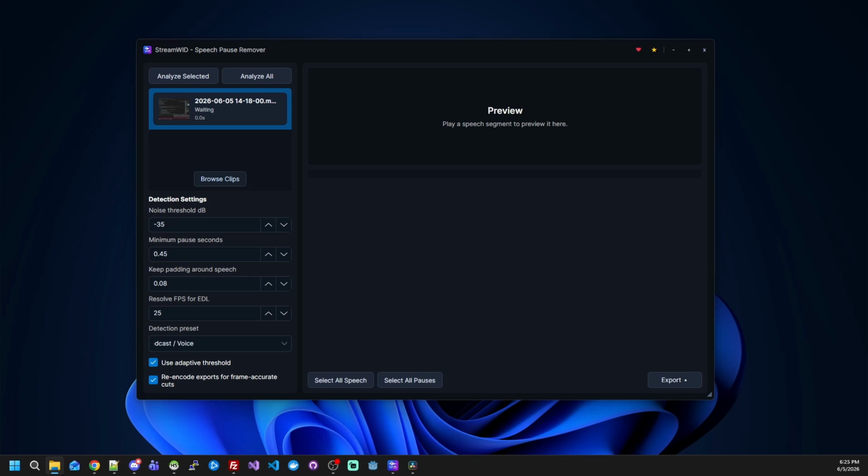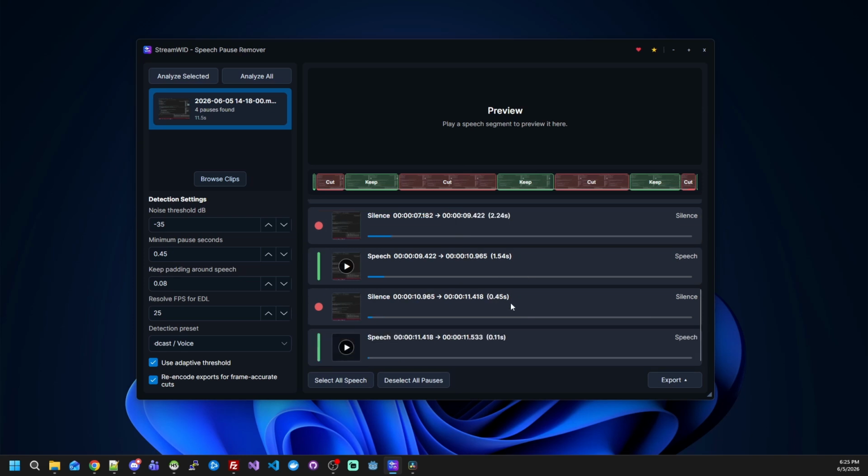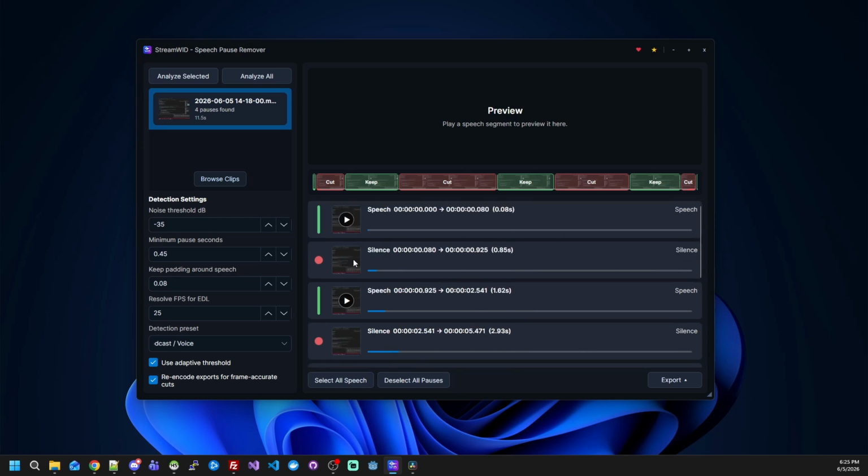Well, all you have to do is drag and drop your clip into this upload area or just click on browse clips. Then with the selected clip, you can either use analyze selected or analyze all. Because I only have a clip, I will just use analyze selected. Depending on your clip length, it may take a while before the application is able to find all the pauses in the speech, but once it's done, you will have a list of all the pauses and all the speech